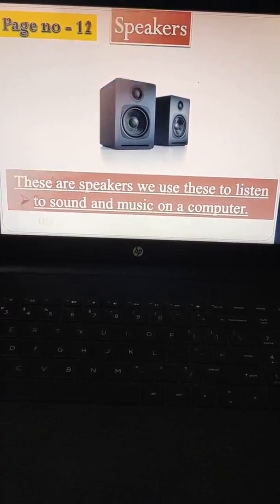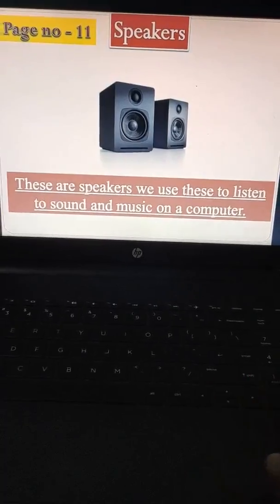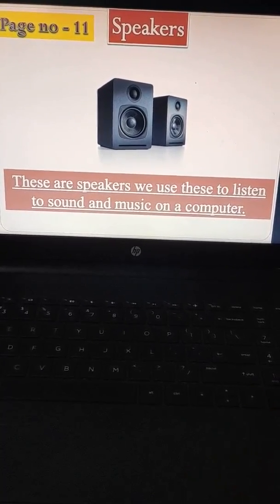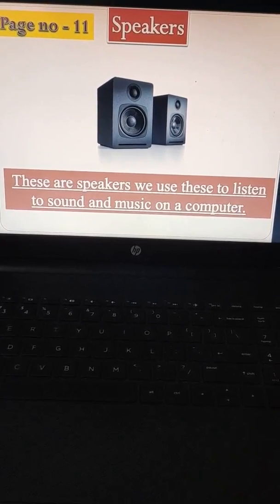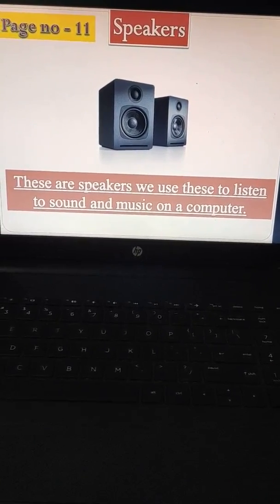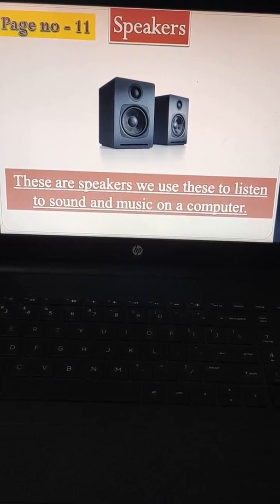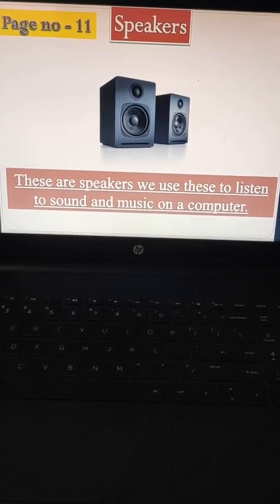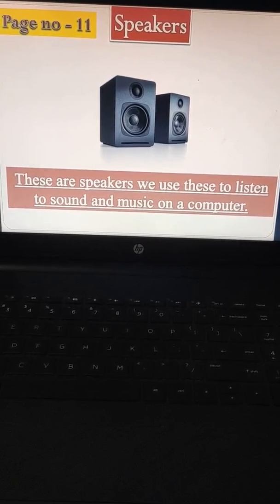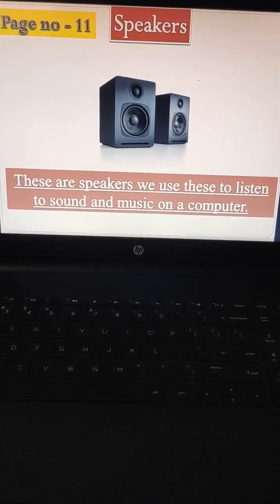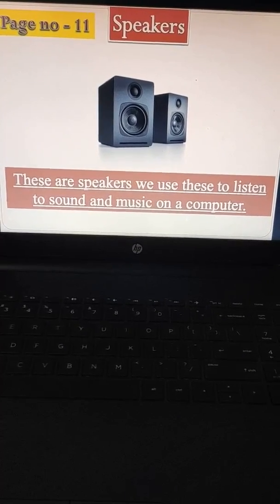We use these to listen to sound and music on a computer. You can enjoy your game voice, you can enjoy any music, you can enjoy song, you can watch movies using speaker, you can listen the audio of the movie as well. So these are the device, we call it speakers. Next is